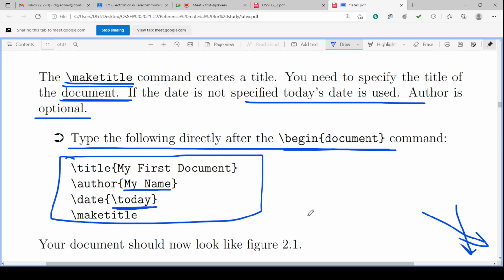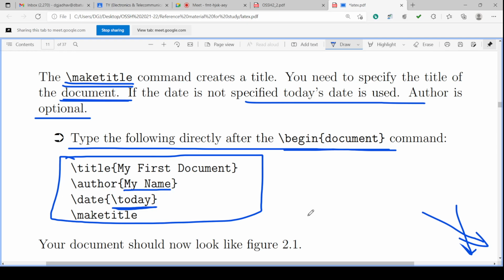So in a LaTeX document, we first start with the document class, and then some commands of the document class, as we have seen. Then there is begin and end.